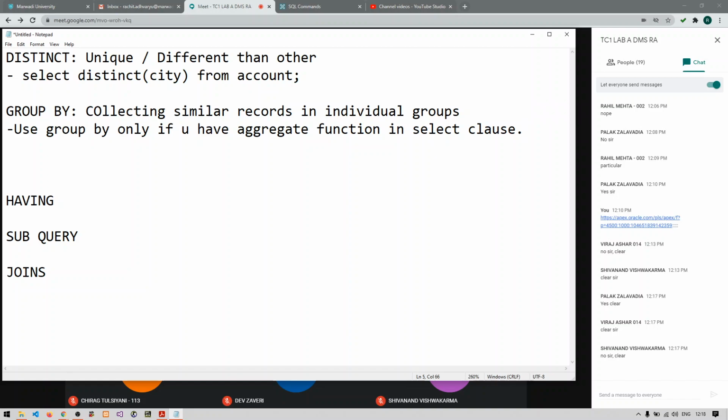What does this mean? Anyone? What do you mean by this statement? Use group by only if you have an aggregate function in the select clause.